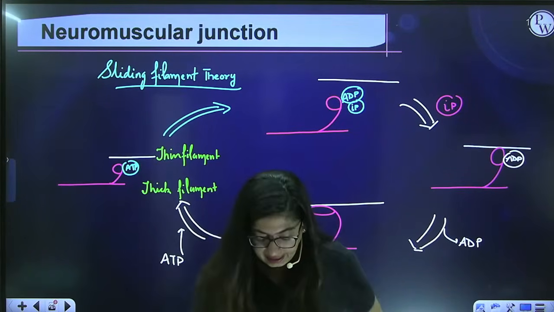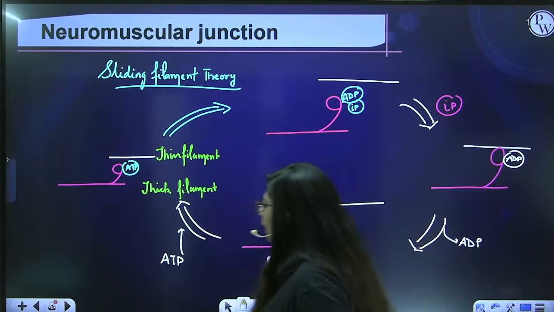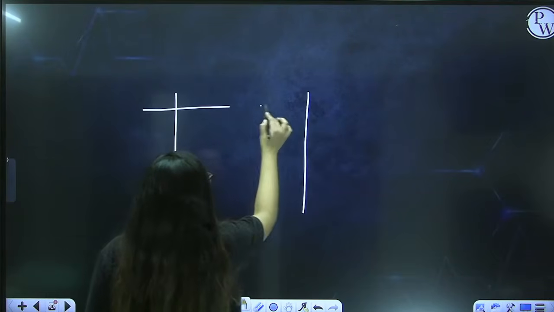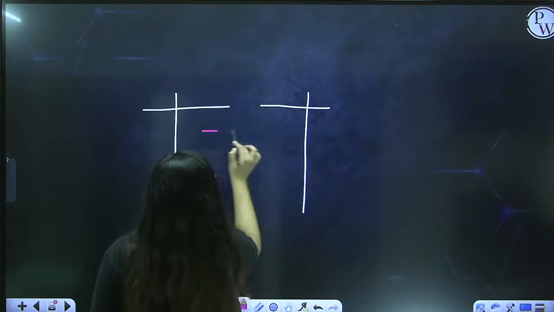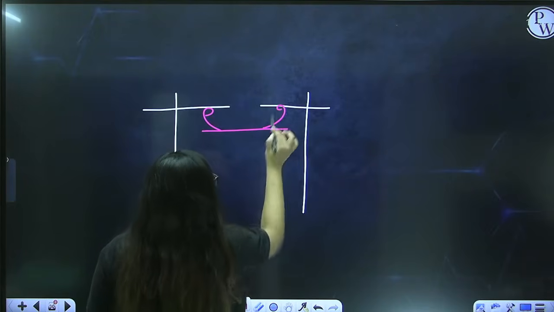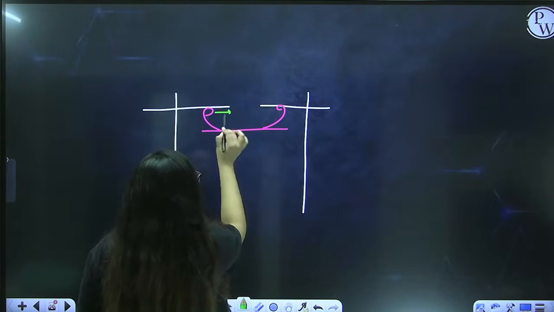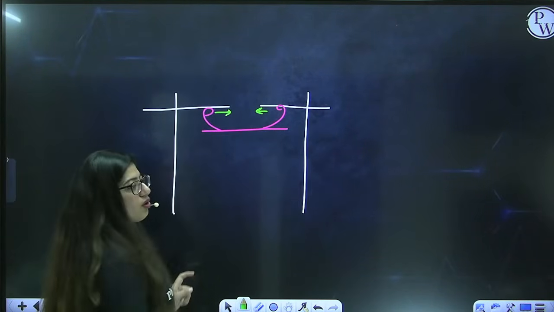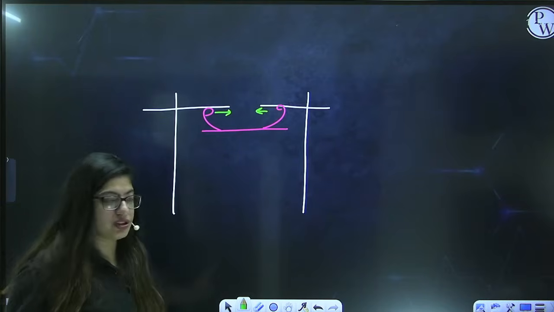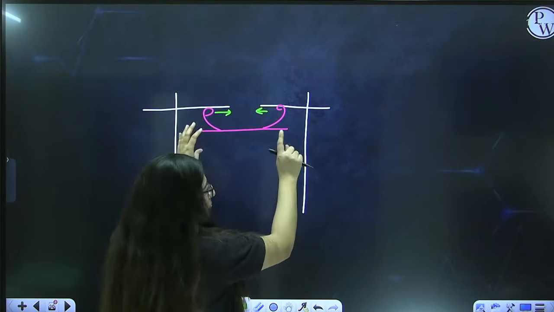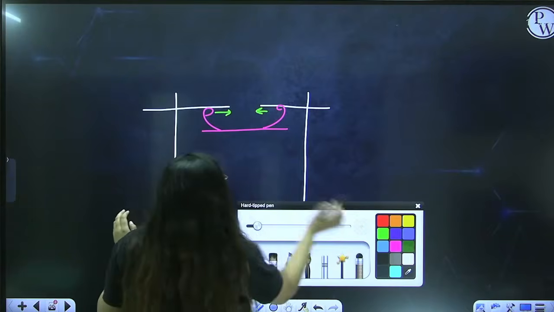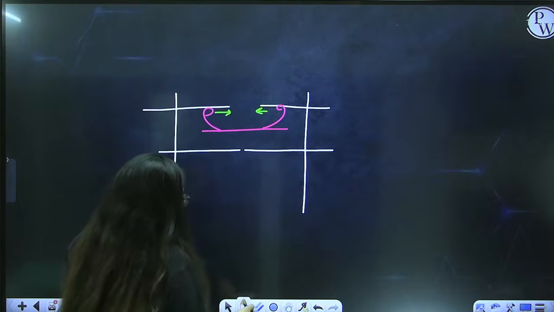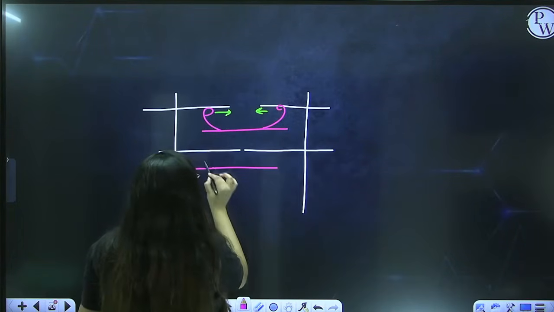Okay, so basically if I have this sarcomere, here we have the thin filament and this is a thick filament. So these heads are attached like this. They will move the thin filaments towards the inside, and this is how the width of the sarcomere will reduce during contraction. So this is when the contraction has started. Now when further contraction takes place, they are moving more towards the center like this.